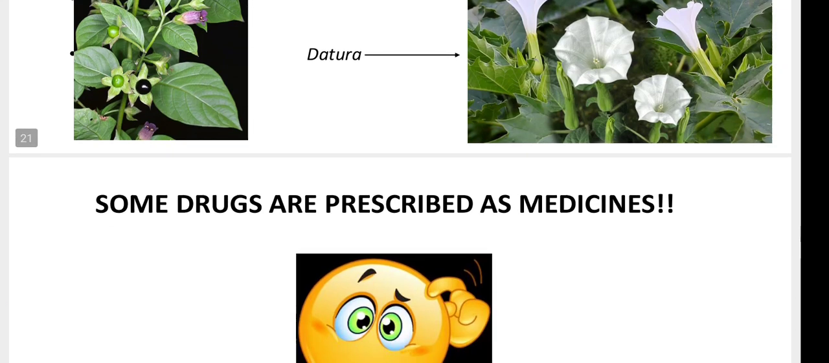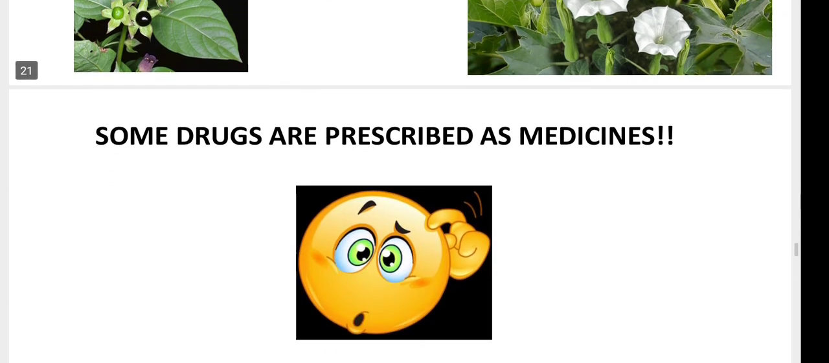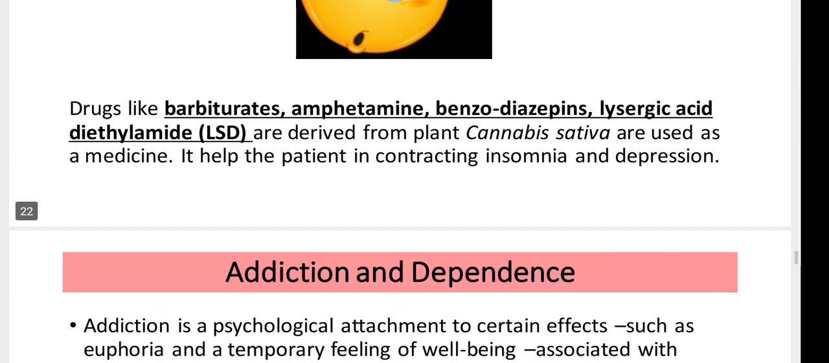Some drugs are prescribed as medicines, like barbiturates, amphetamines, benzodiazepines, and lysergic acid diethylamide, said to be LSD, derived from plants like Cannabis sativa. Those are used in medical science to help patients suffering from insomnia and